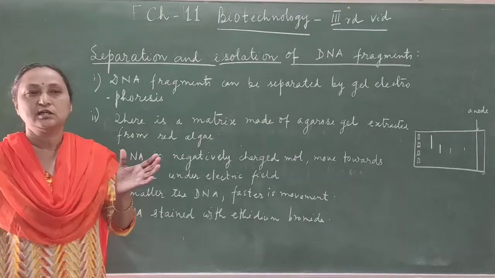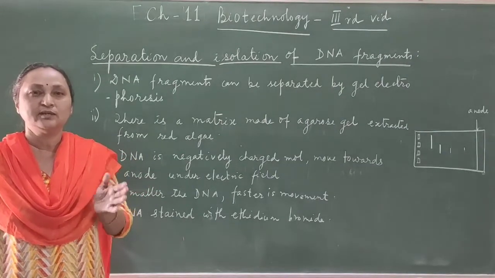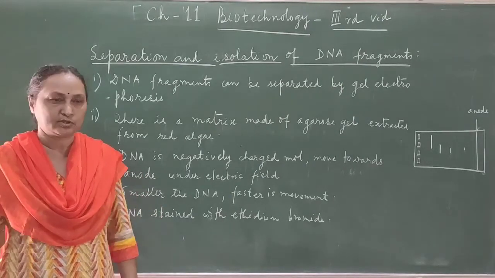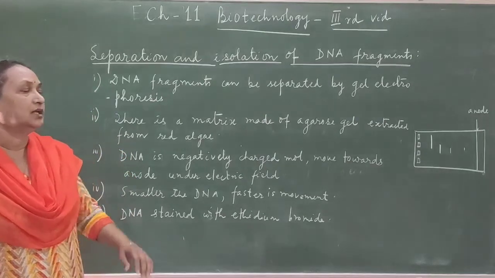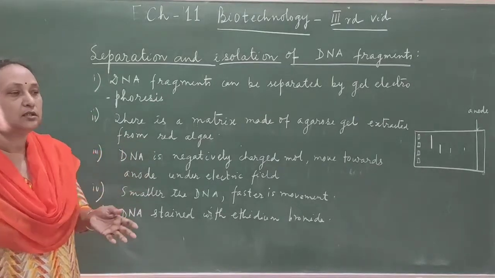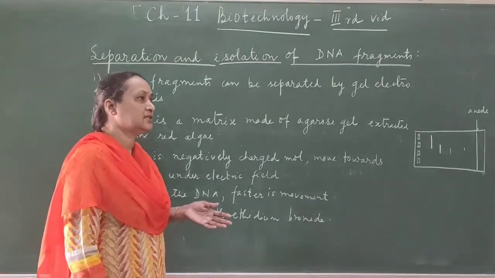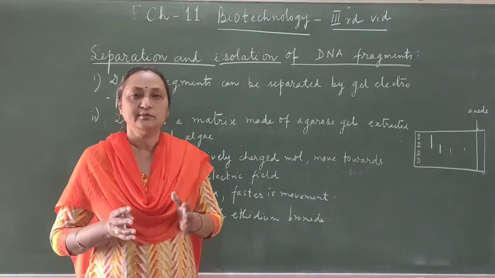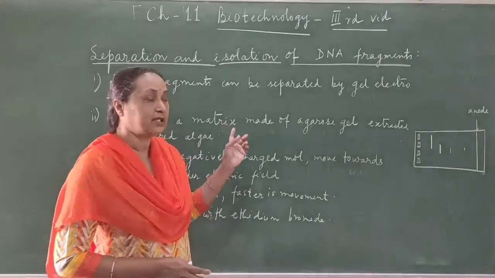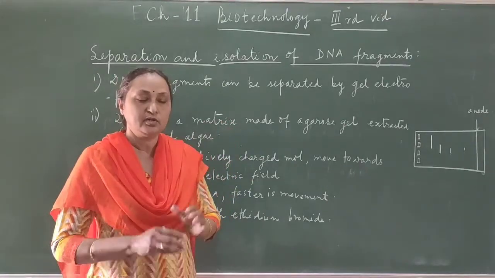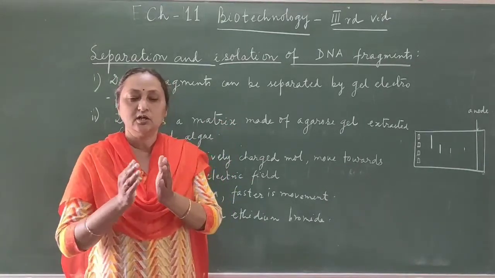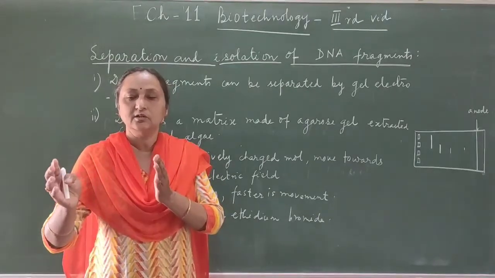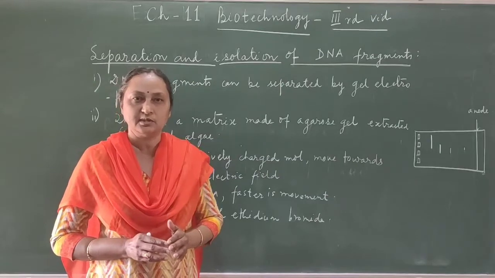Okay. So if you understand the concept, the basic fundamental, then you can answer either it is the objective question or it is the subjective question. Now in the last video I explained that restriction endonucleases are the enzymes which can be used to cut the DNA into a number of fragments. And this is a technique to separate the fragments, because we have to separate the gene of desirable character so that this gene can be incorporated in the vector or in the plasmids.